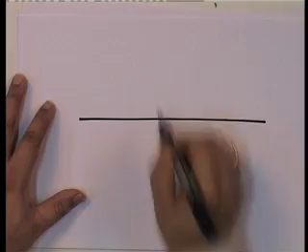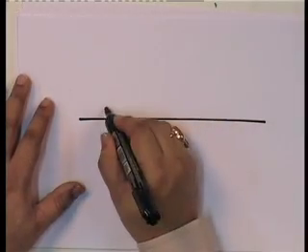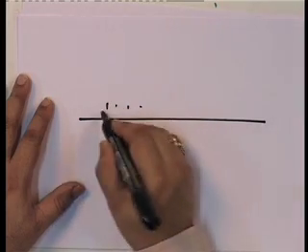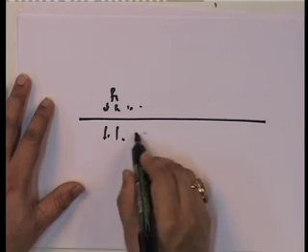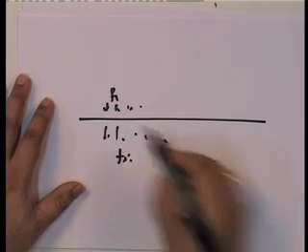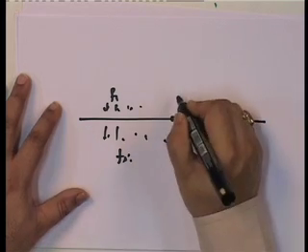What I want to find out is this: given this bar and all these loads, I have the inertial forces, the spring forces, and the load. I want to find out what is